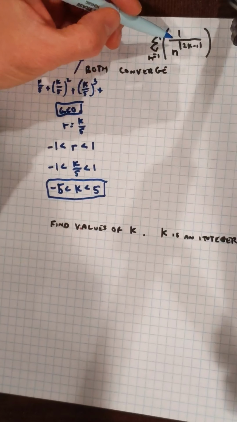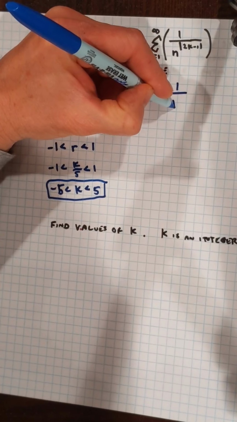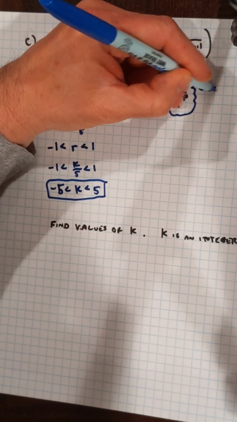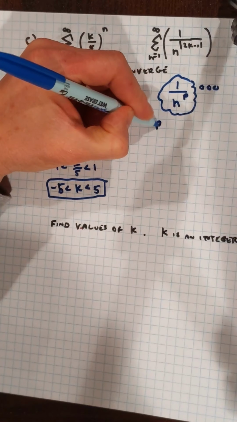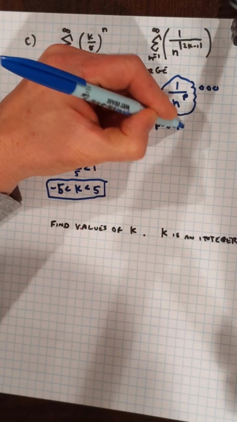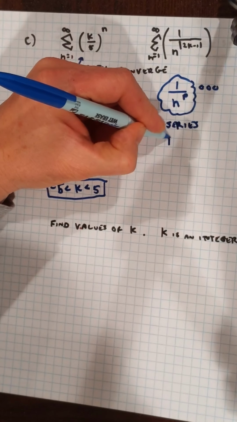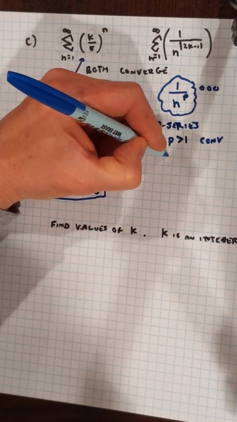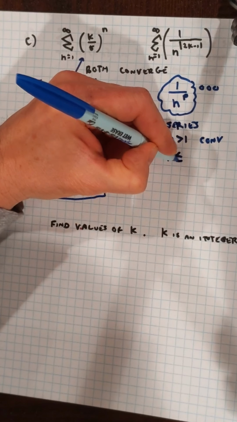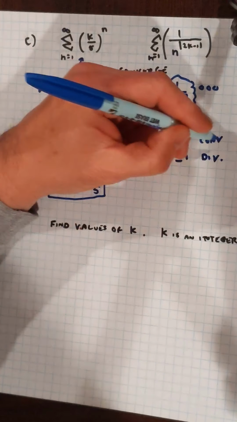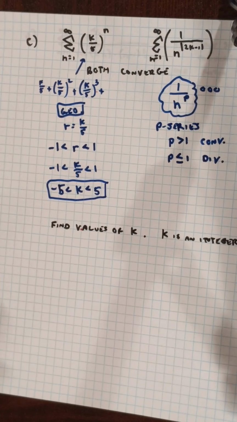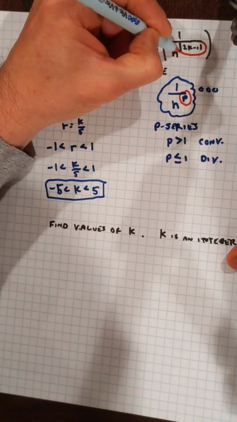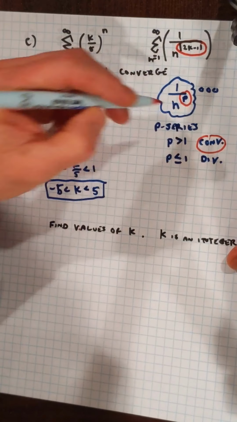And the next one over here, I'm looking at this and I'm looking at a 1 over n to the p. That's what my eyeballs are seeing. I'm thinking that's a p series. Now to remind you, p series, if the p is greater than 1, it will converge. If p is less than or equal to 1, it will diverge. Now, okay, which tells me that this power has to converge, which means it has to be greater